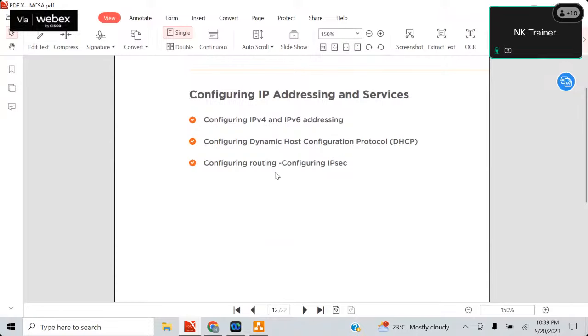Then routing services. Yeah, for routing you are using routers in your organization, right? But a server can also act as a router. If you want to communicate between two different networks, obviously you have to do routing in that case, right? So either you can do it on your routers or you can do it on your servers. How to do it, we will cover in this. Okay,